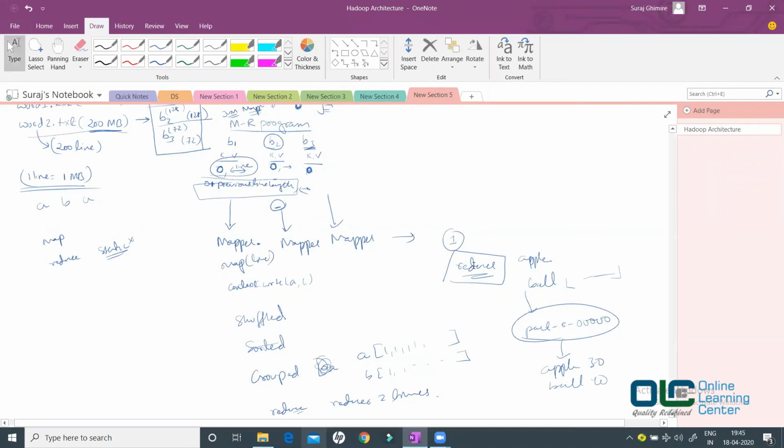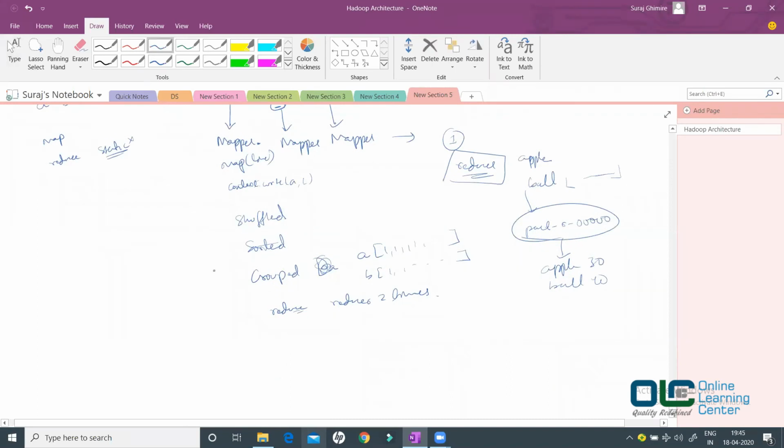So what will happen if you are using 26 reducers? See, if you're using 26 reducers, then your flow would be something like this. You have files, say word1.txt, word2.txt, word3.txt, word4.txt. Okay, so this data will go to your mapper. I'm not talking about the key value pair which is generated, assuming that it is already done. Mapper will emit the output. So this goes to the mapper, this goes to the mapper, this is my mapper, and this goes to the mapper. Mapper will give you the output.